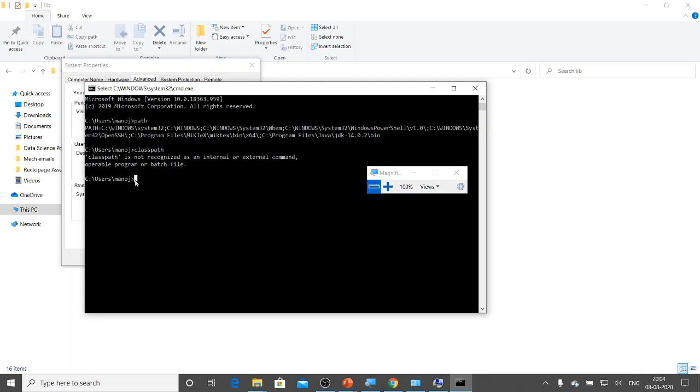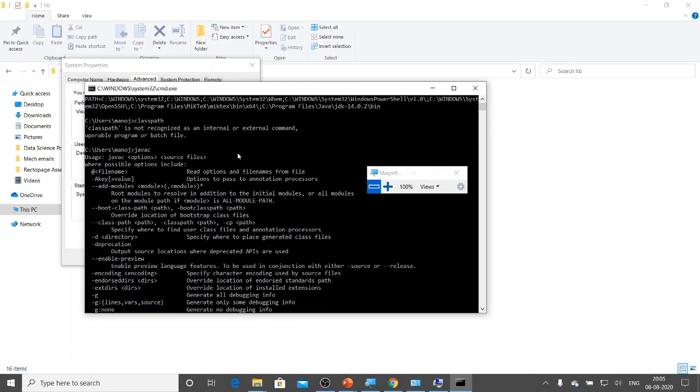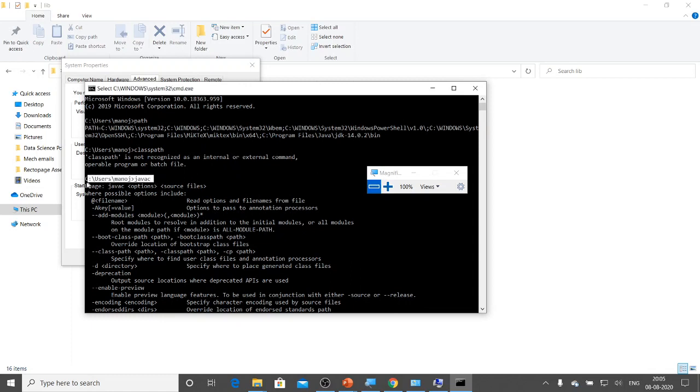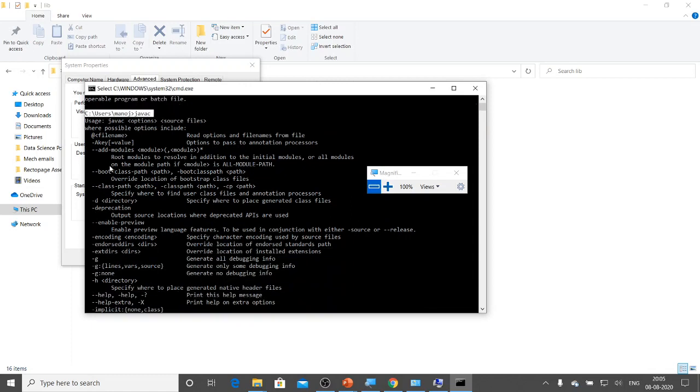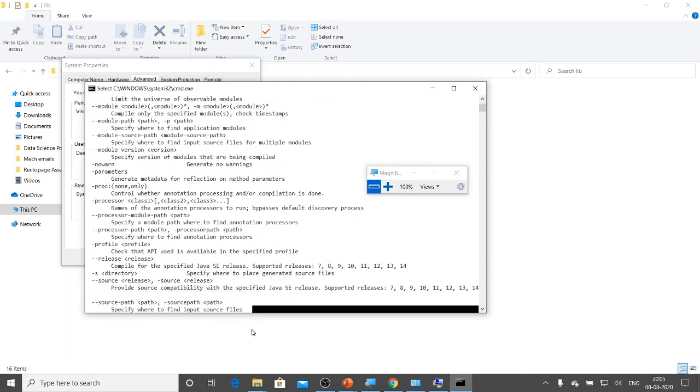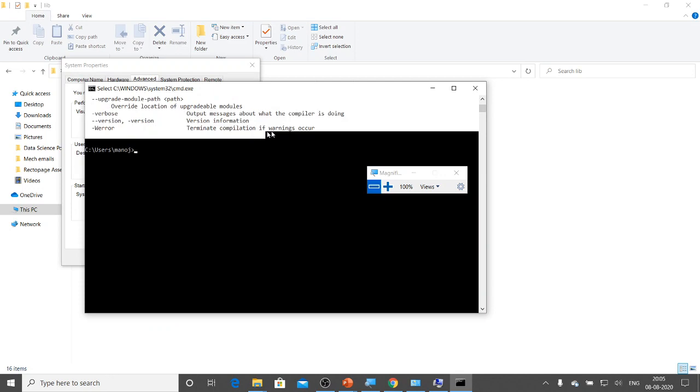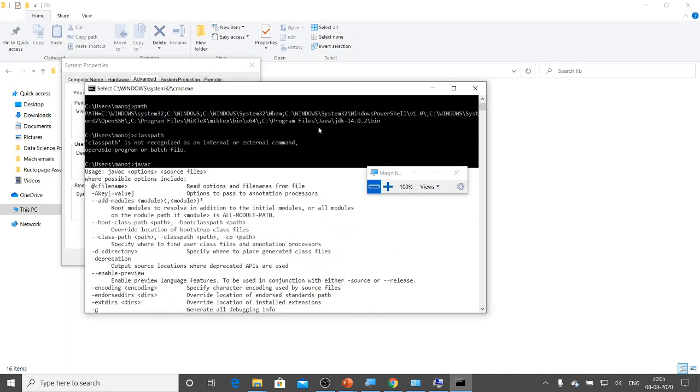Before setting the path variable, when we gave the javac command in the command prompt, it said javac is not a recognized internal or external command. Now we will check whether javac is recognized by our system or not. Just type javac. Yes, very good. So now we have set this Java compiler location and my system is able to recognize it. If your command prompt gives this big listing after typing javac, then you can verify that you have installed Java correctly.